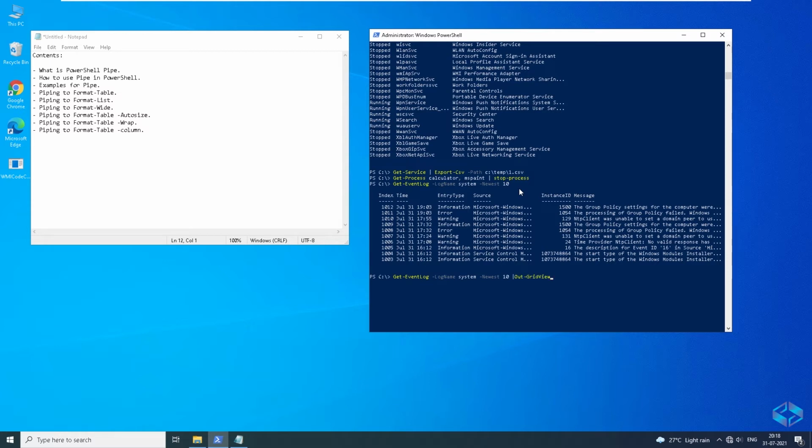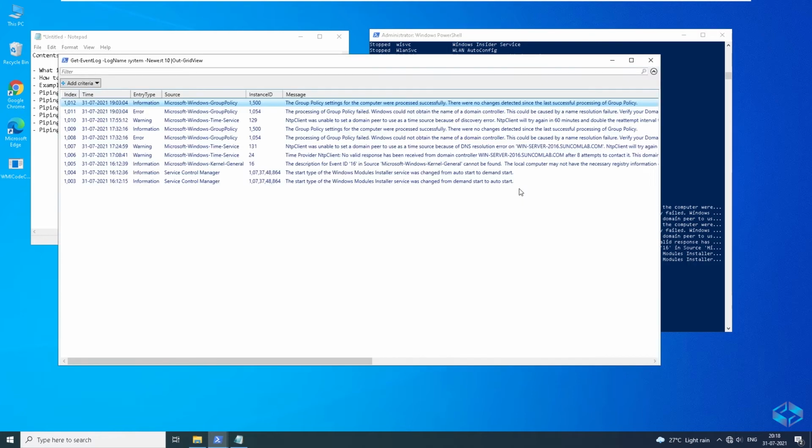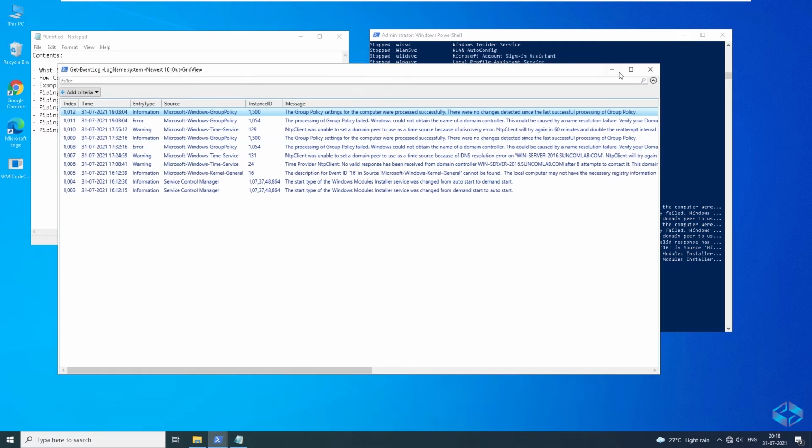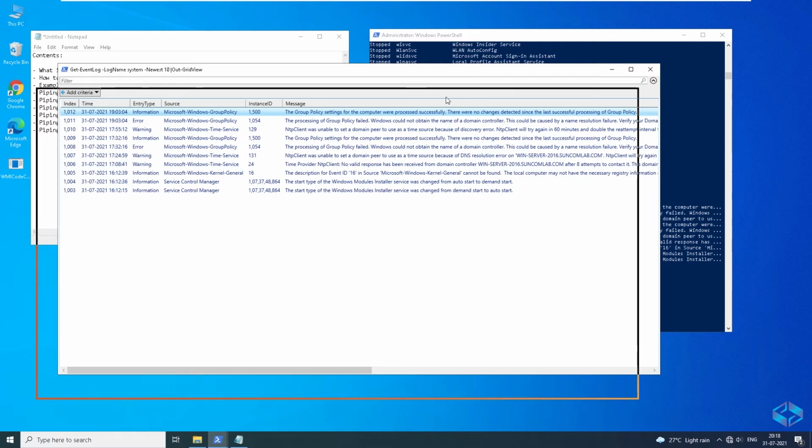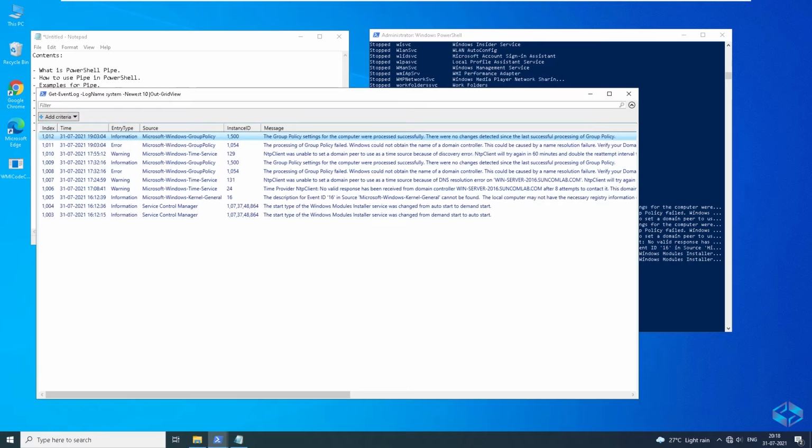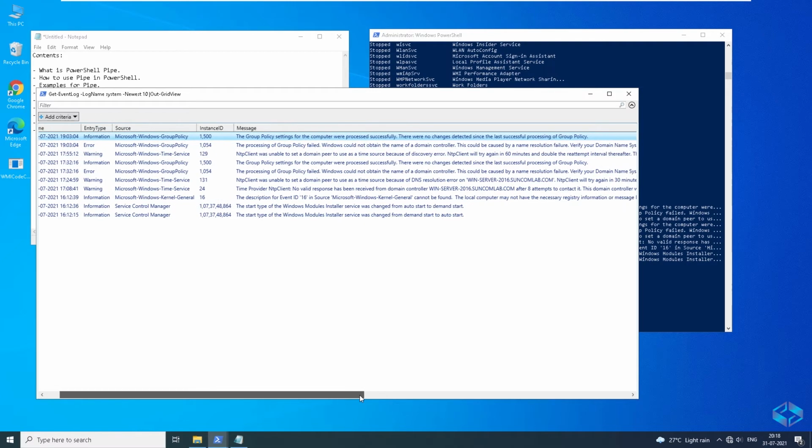Here we can see Out-File, and also you can do Out-GridView. So it will list out this way, and you can do whatever you want using the pipe. Because if you see here, the difference is Out-GridView, I can see in detail, and also you can see the full message here.